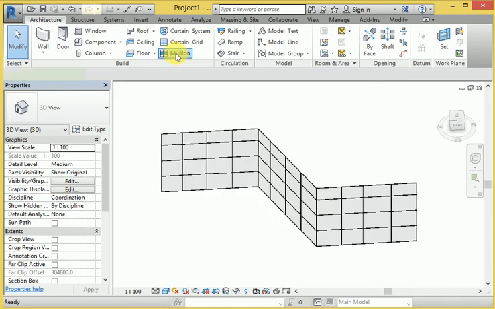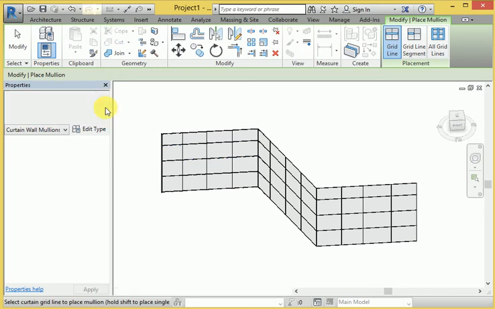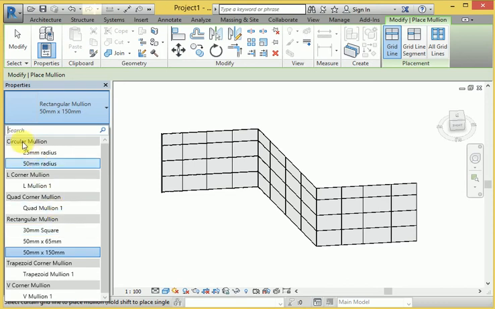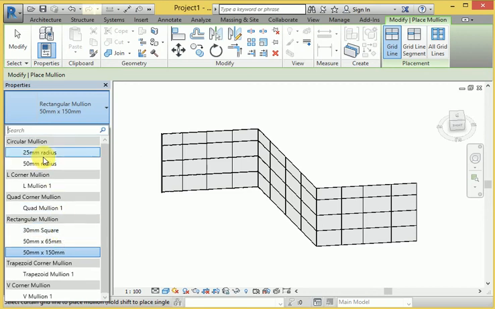This is the Boolean command. When I choose the Boolean command, let's click on the line here. This one is also used if you want to change the size and radius. Here you can see a circular rod, L corner, square form, rectangle form. So do whatever is needed and keep clicking continuously, right?